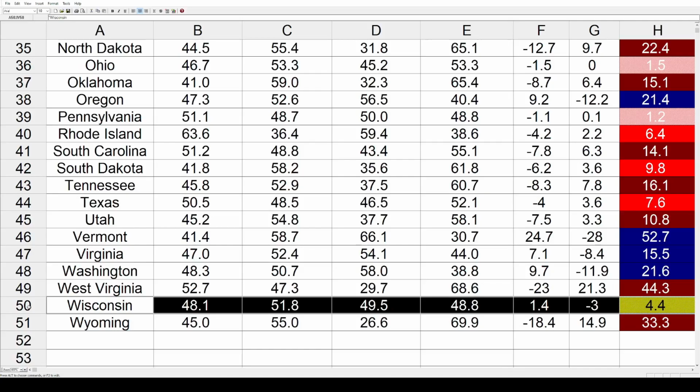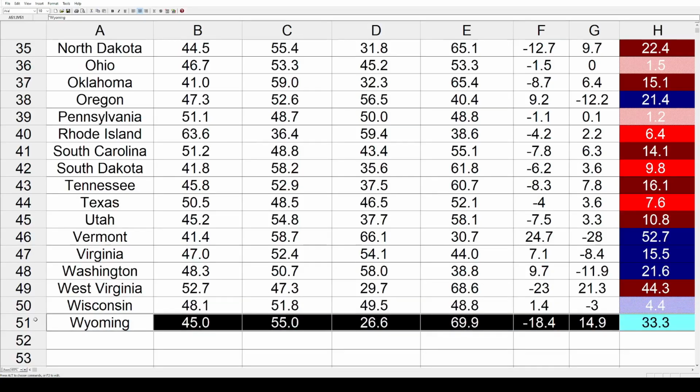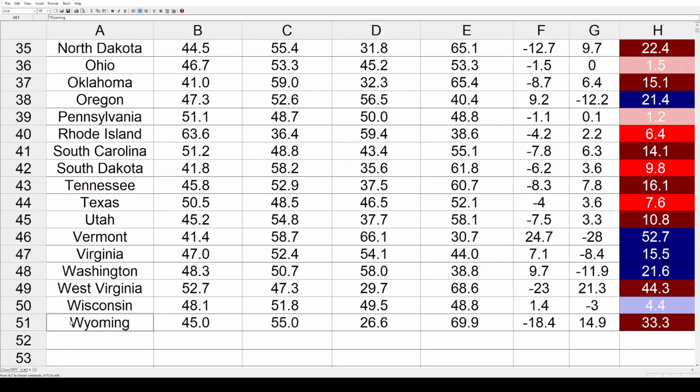Wisconsin went 4.4 toward the Democrats. And the last state is Wyoming. That shifted 33.3 toward the GOP. So those are all the states. Washington, D.C. did not vote in presidential elections in 1960, so we don't have to take a look at that. But if you want to apply all this data to a map and take a look at all the shifts,